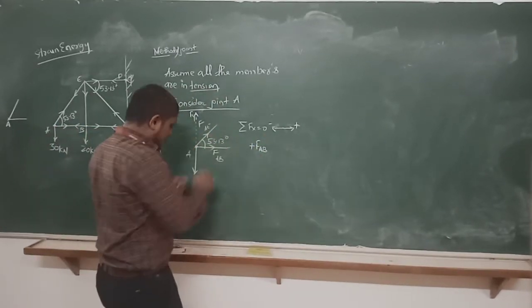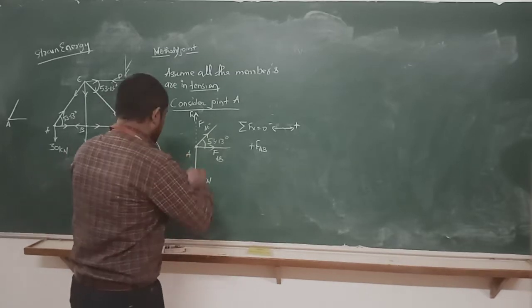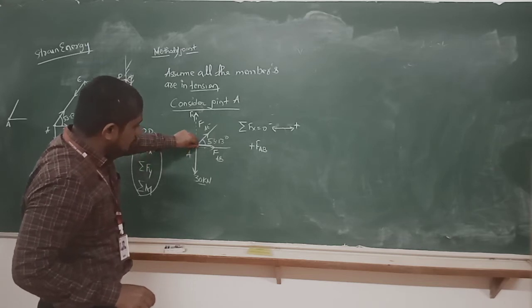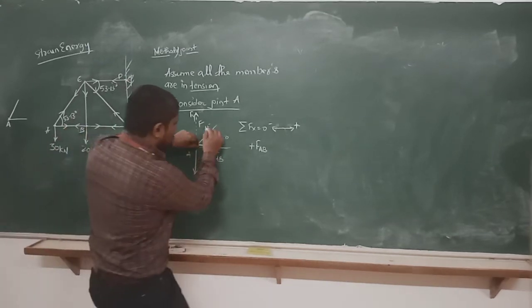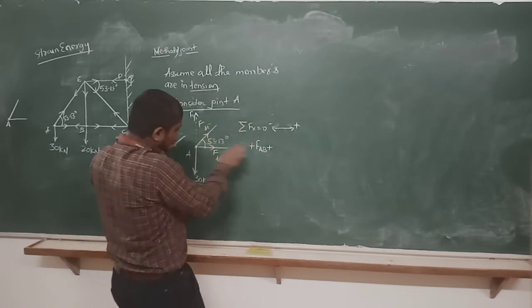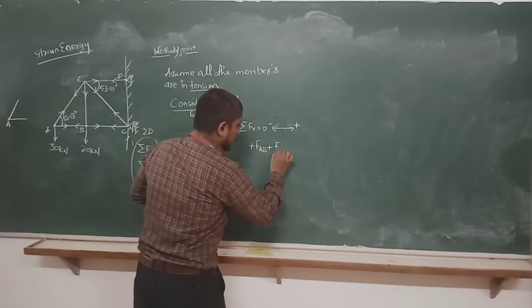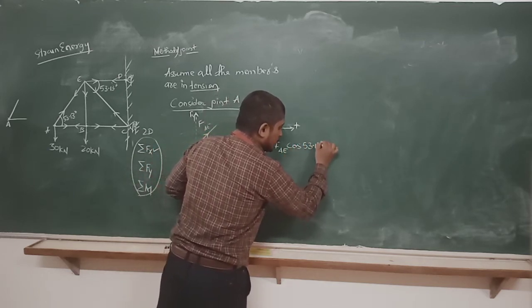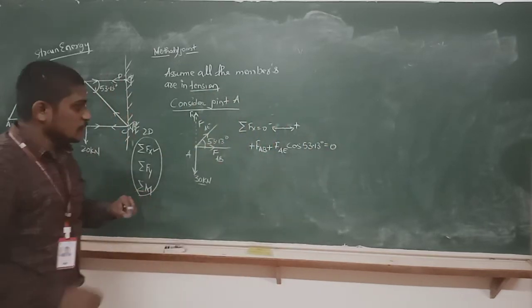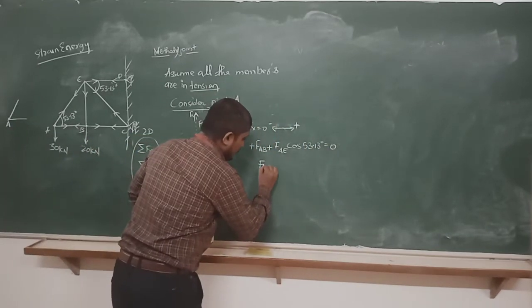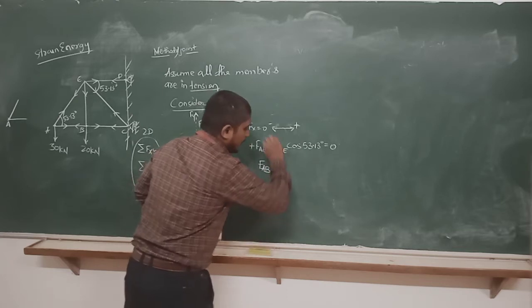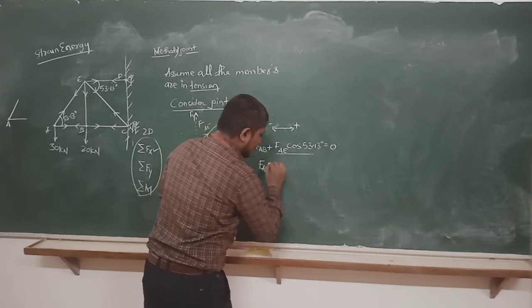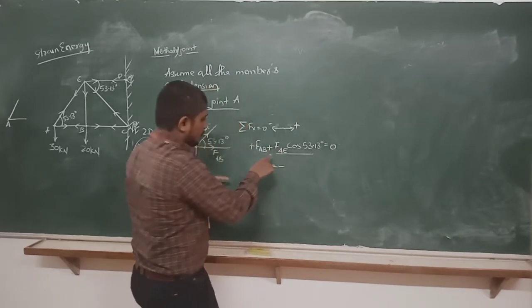Okay. Then again, I'll take this chalk only. How is it rotating? It is rotating towards the theta to make it the horizontal component. So it will be plus, it is in this direction only. FAE cos 53.13 degree equal to 0. Okay. Now from this we will get the value of FAB. If you take it to the RHS, it will become minus, so you will get a minus answer.